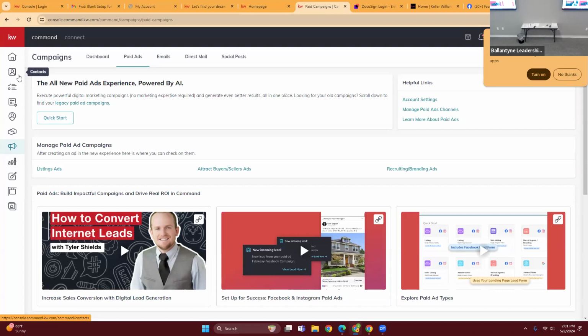All right, we're in the Command app. We're going to click on the second icon on the bottom, which is your contact section. Then we're going to click the 3 dots in the very top right and import contacts. It makes it so much easier. Done. Boom. This makes it way easier. So now from here,